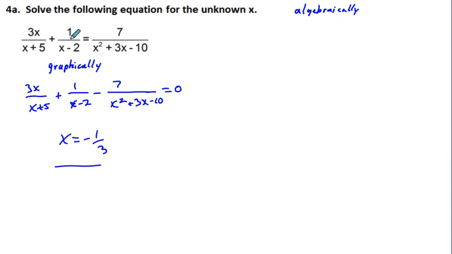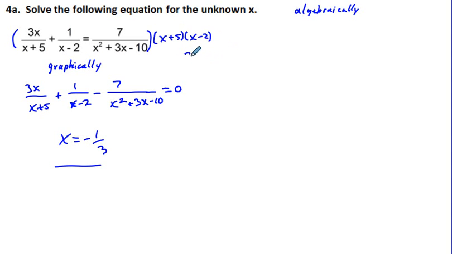And what we can do is multiply by something that would clear the denominator. And so if we multiply the whole equation by x squared plus 3x minus 10, we're going to clear out the x plus 5, the x minus 2, and everything. So let's go ahead and do that. So multiply by quantity x plus 5, x minus 2, and we do that, what we get is